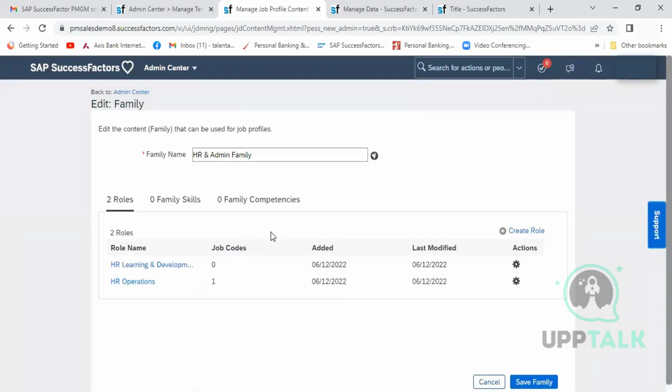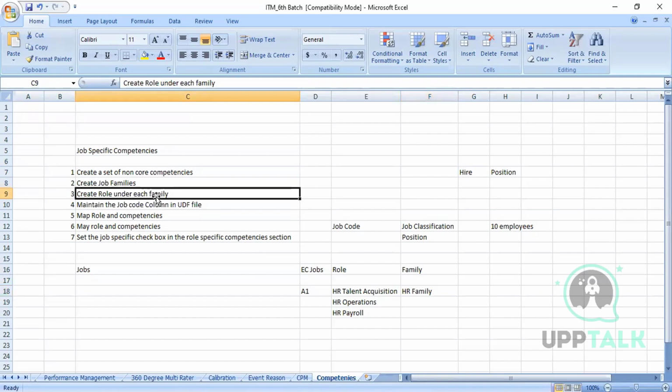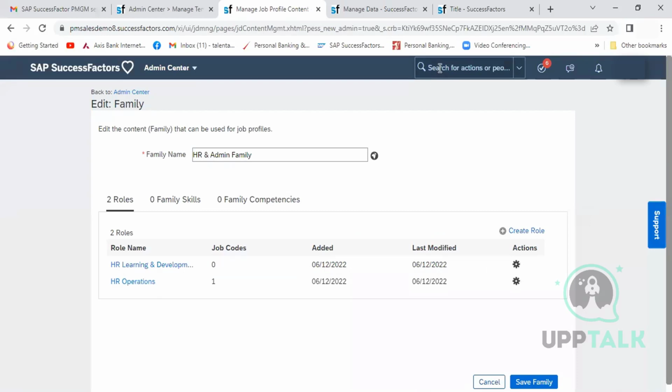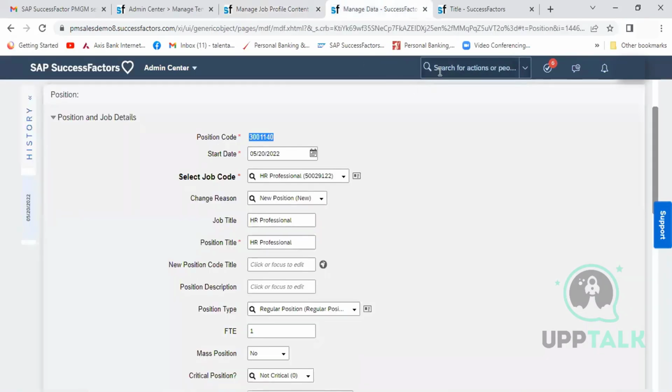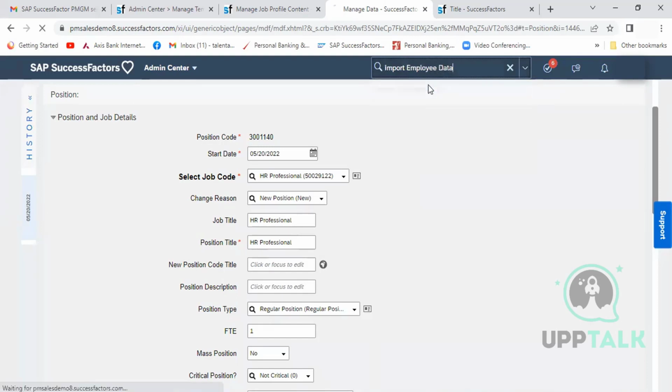Now this is, what you call, create a job family, create a role under this family, that is done, and maintain the job code column in the UDF. Maintain the job code column means the another step is here: you have to go to the import employee data. You have to open this,